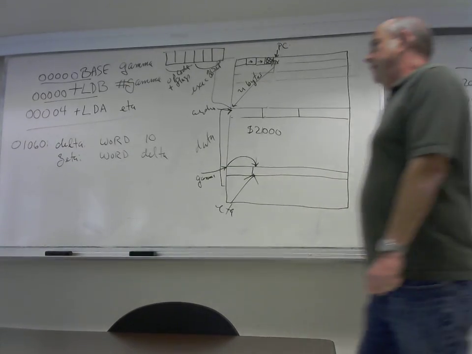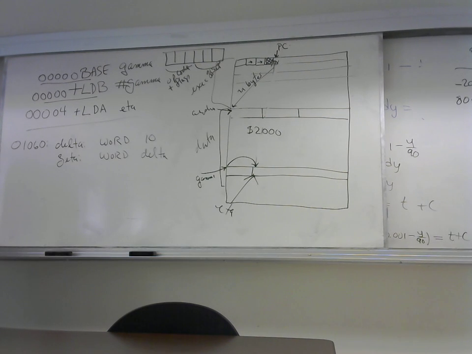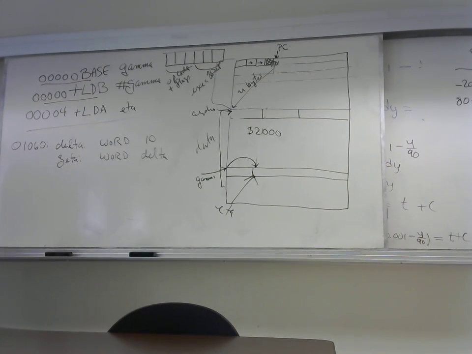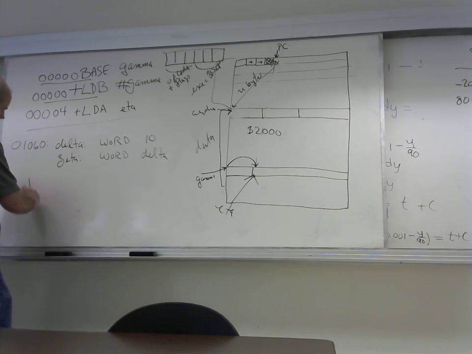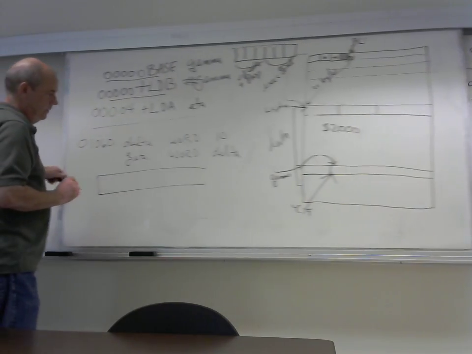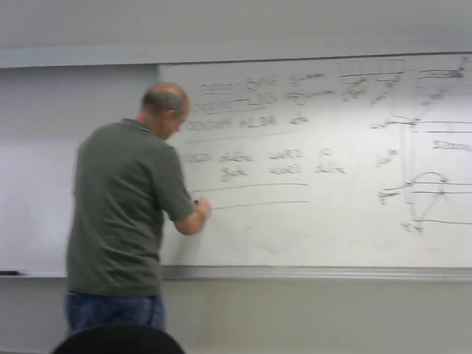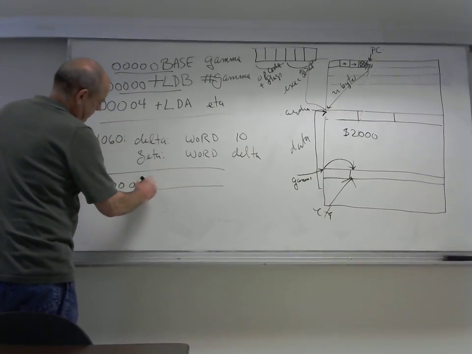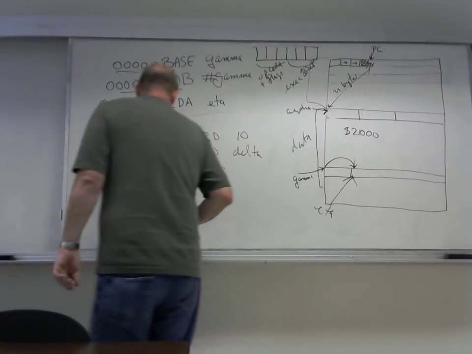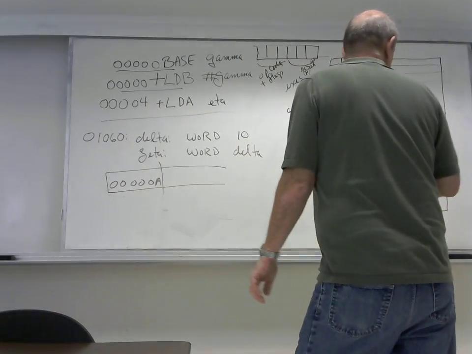That's the value of delta. Okay, so what goes in memory? What goes in memory here? Well, it looks like this. So we have word 10, 00000A. Then zeta, we have